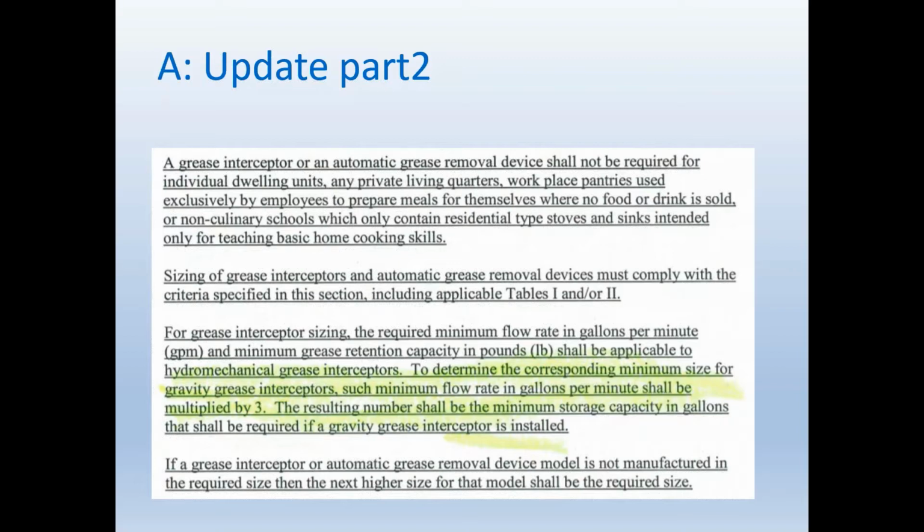I doubt that there's any room to install a gravity grease interceptor in any of the 5 boroughs. Maybe in Staten Island, but maybe parts of Queens, but there's no space to put a large gravity grease interceptor in. It's physically almost impossible. So I don't see this being utilized a lot, but it's there. You can go that direction now if you really want to, versus going with the